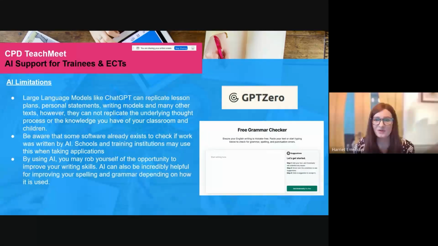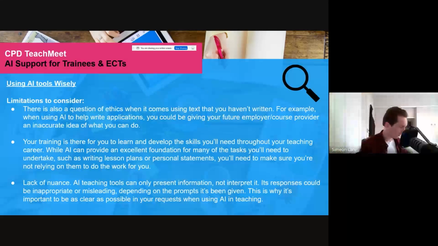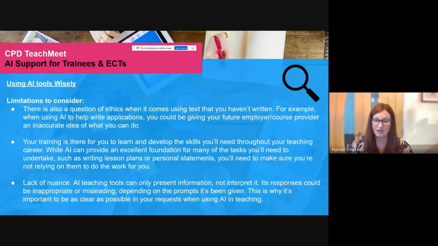Okay. Move on. Sorry, Simeon. I just wanted to add on earlier when we were talking about the lesson plans and if we were using it for planning, and it follows on a little bit from what you were just talking about there. It's really important, I think, personally, to see AI as ideation, like you said earlier, and use it as a starting point, because sometimes it's just quite difficult to get going with something. And even just using it as a starting off point, having a little conversation with it, and seeing what ideas it comes up with.